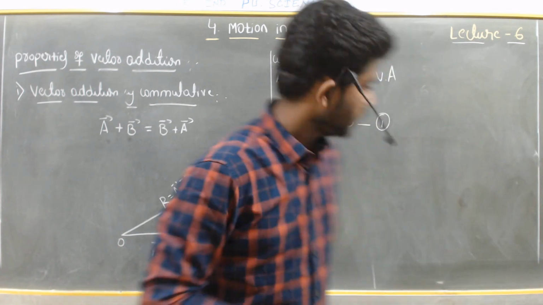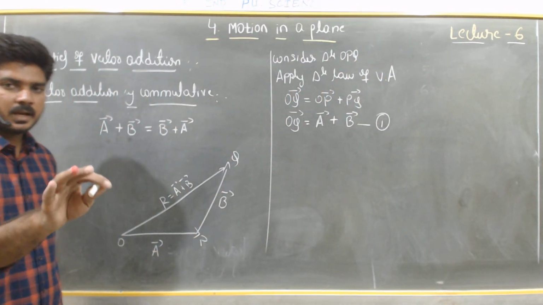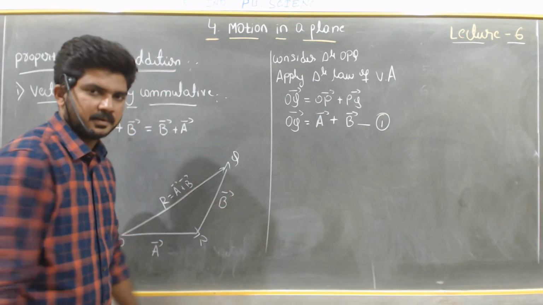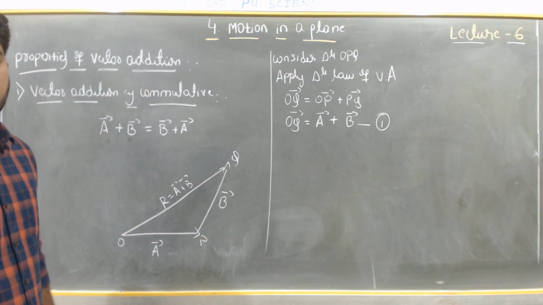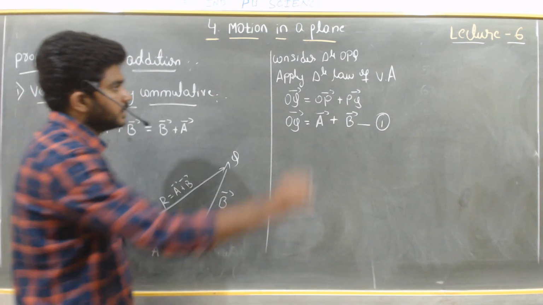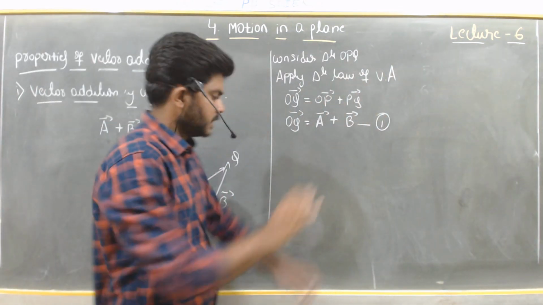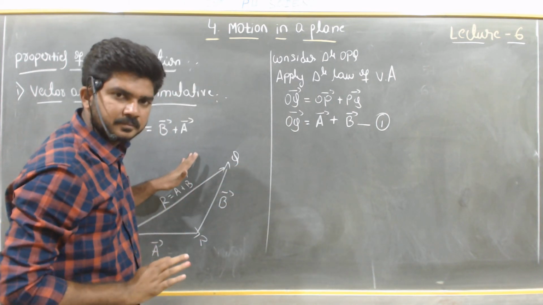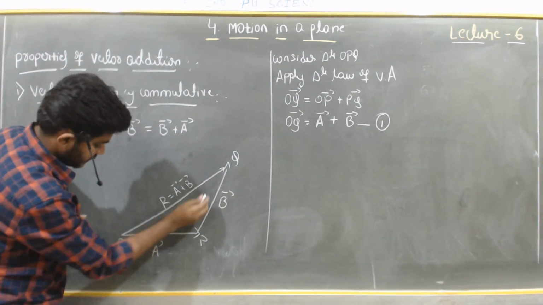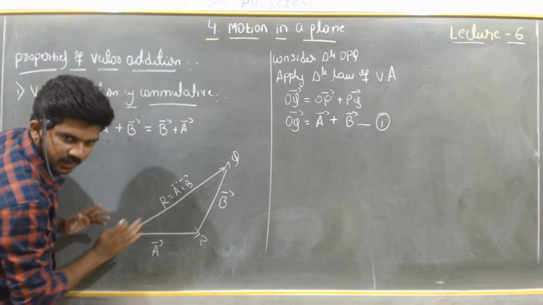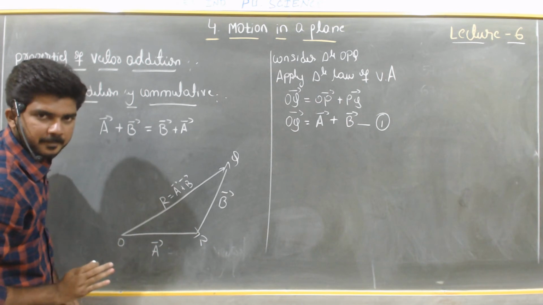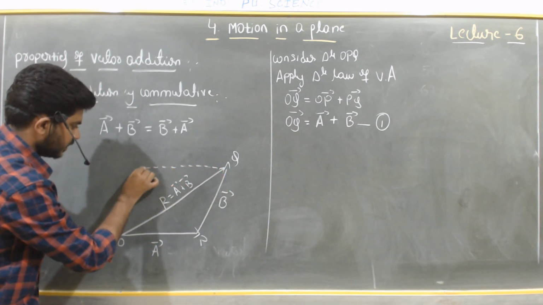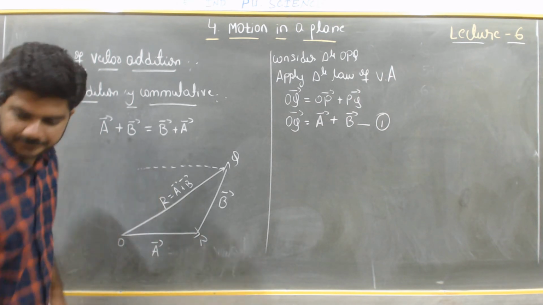So how is it possible to get vector B plus vector A? That is the question here. For that, we have another law of vector addition. First we took the triangle law of vector addition. Another one is the parallelogram law of vector addition. What it says is that the lines are parallel. So by using this triangle, can we make this parallel? Yes, of course. Just draw one line parallel to vector A. So now I will take a line.